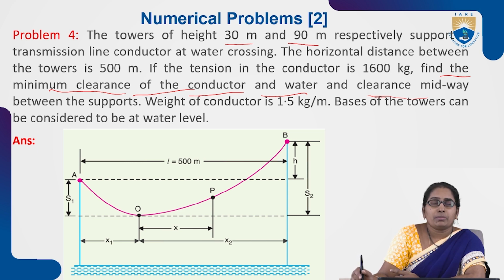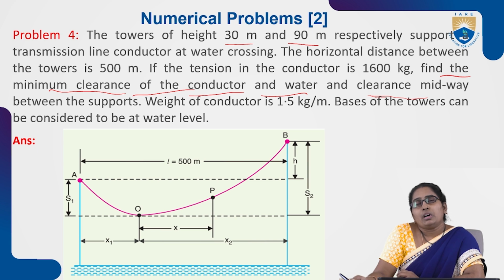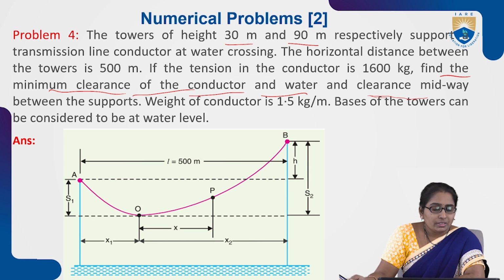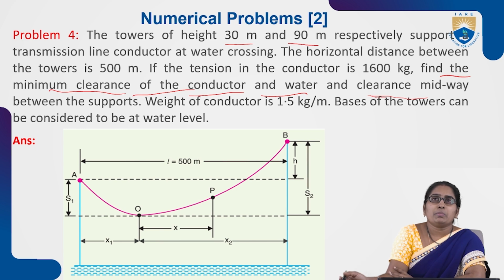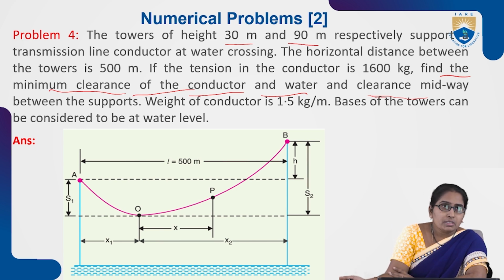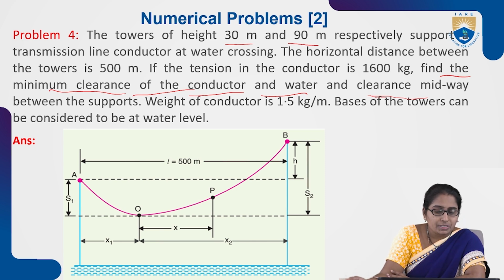Midpoint between the supports. So those are the things they ask. And the weight of the conductor is given, 1.5 kg per meter. Bases of towers can be considered to be at water level. So it is mentioned that the tower's basement is at the water level. So based on the given problem,